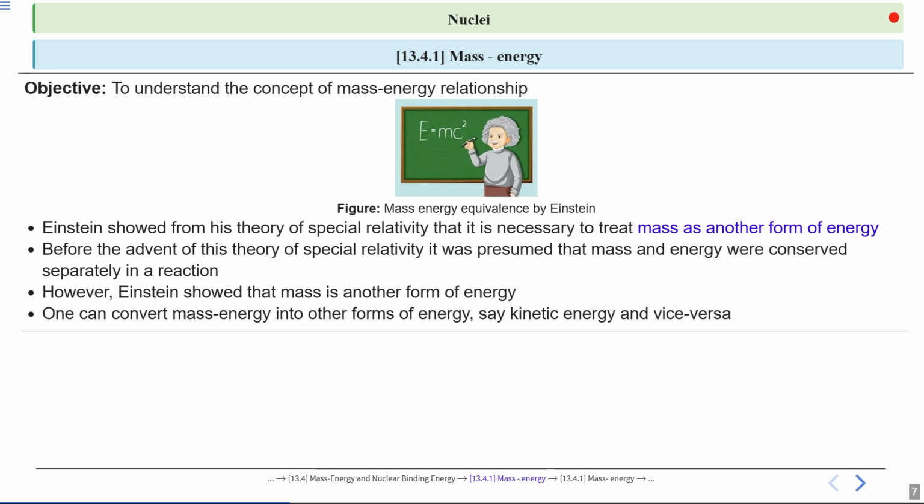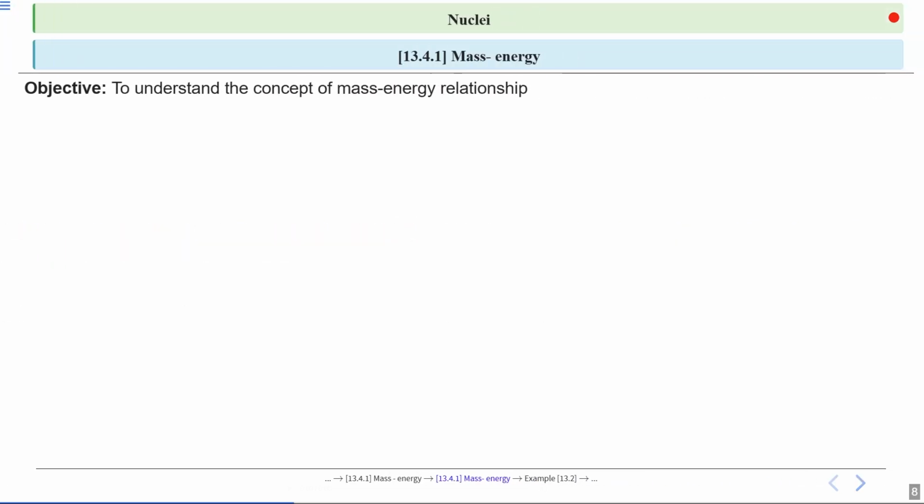So we know now that mass energy can be converted into other forms of energy such as kinetic energy, and the process can also work in reverse. Here Einstein's mass energy equivalence relationship is introduced. E equal to mc square. In this formula, E stands for energy, m is mass, and c is the speed of light, which is a constant. This equation tells us that even a small amount of mass can be converted into a huge amount of energy because c squared is a very large number.